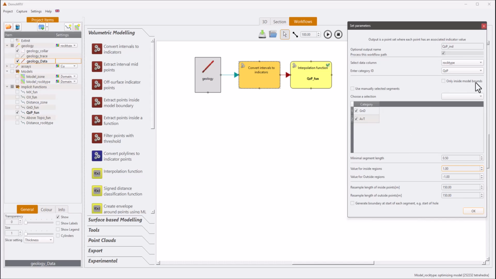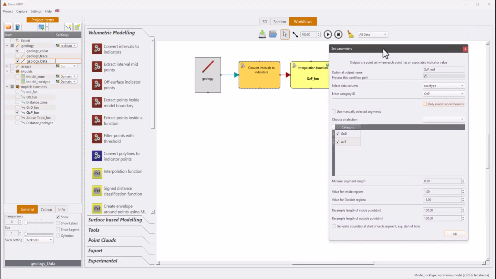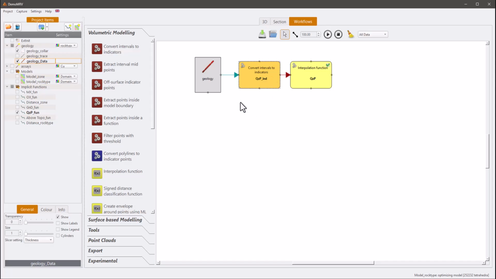An important one is up here. By default, all the data is used when you're doing your interpolations. But if you set up your model extents, your model boundaries, you can actually select a subset of that data. By checking this box, only the data within your current extent is going to be used. And this is especially useful if you have very regional data and you'd like to focus on a particular area. You set up your model extent and then check this box to only use the data from that area. Hit OK. So what this step does is converting our segment data, so different segments in our drill set, and